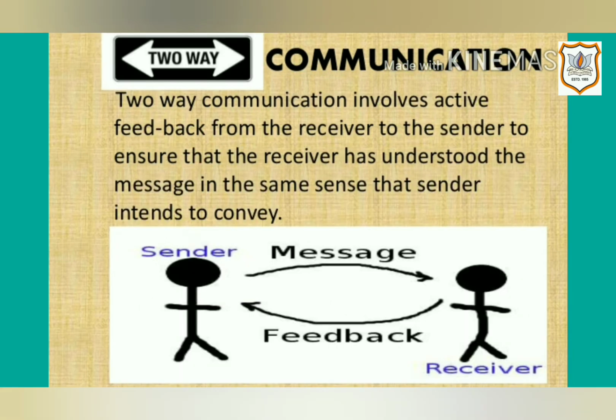Two-way communication, when a person is the sender and they transmit a message to another person who is a receiver. When the receiver gets the message, they send back a response. Some of the most common examples of two-way communication systems are radio, telephone, and computer-aided dispatch systems used by police, fire, and emergency response personnel. This image shows the two-way communication between sender and receiver.